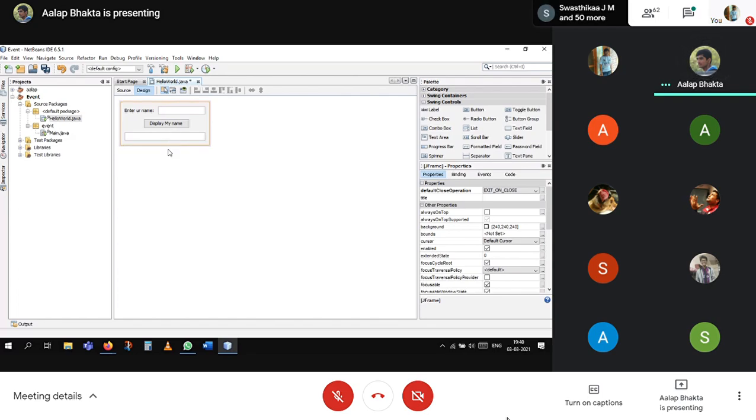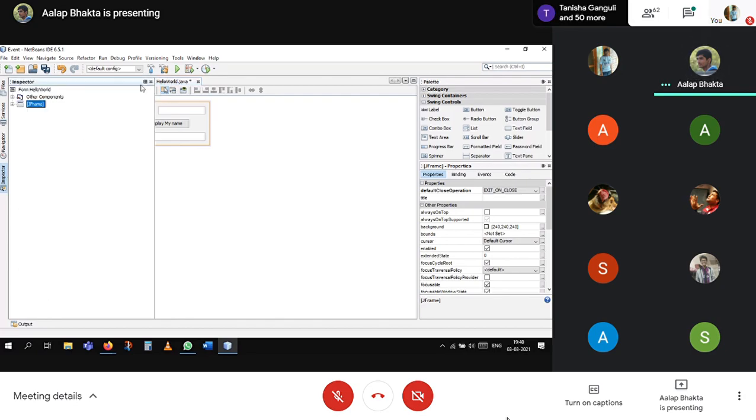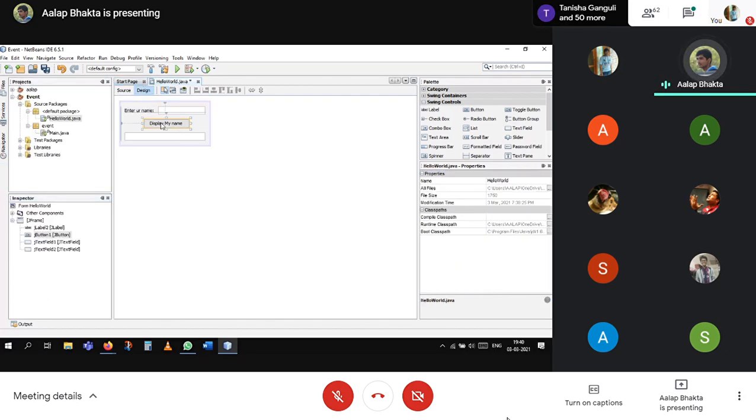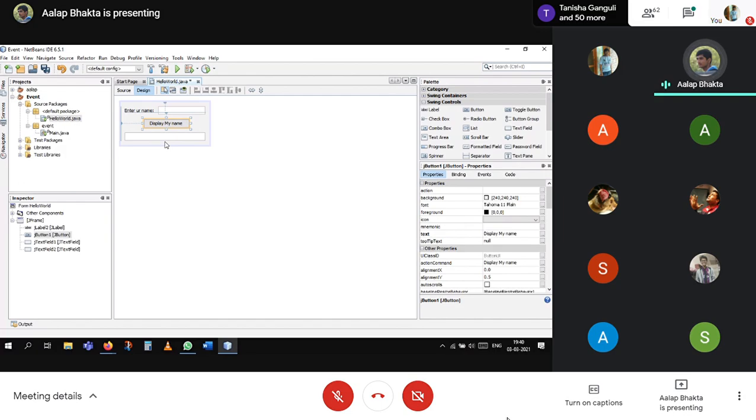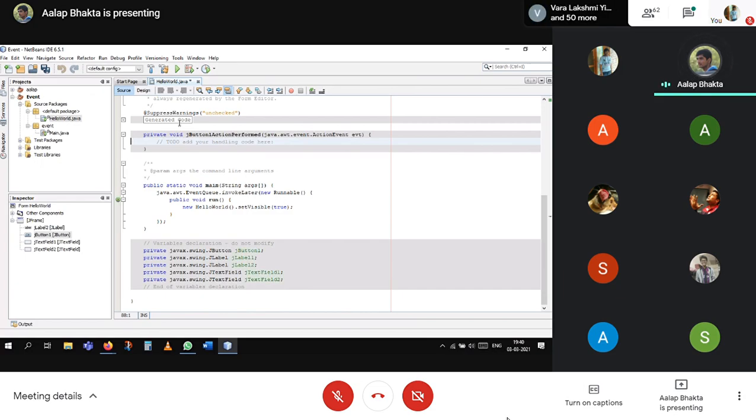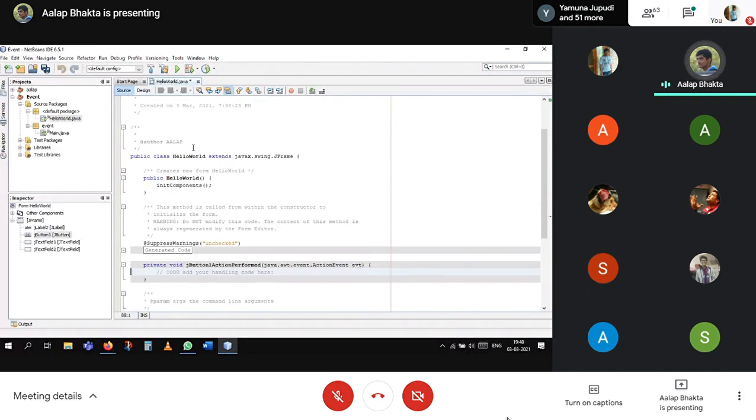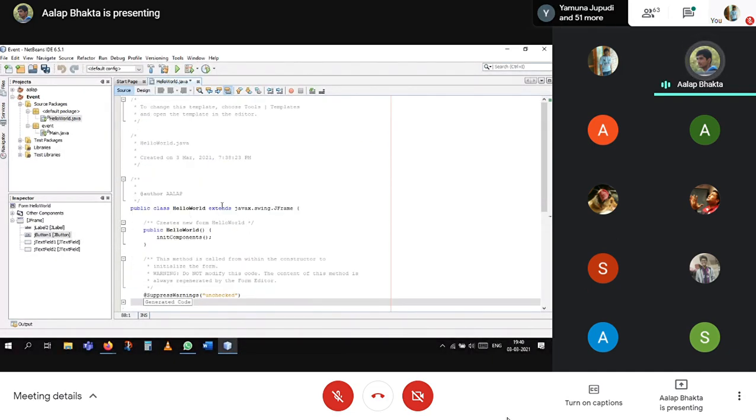Just double click on this, and it will lead you to the coding part of the button. Here is the public class HelloWorld extends javax.swing JFrame. This is the Swing library which needs to be included.